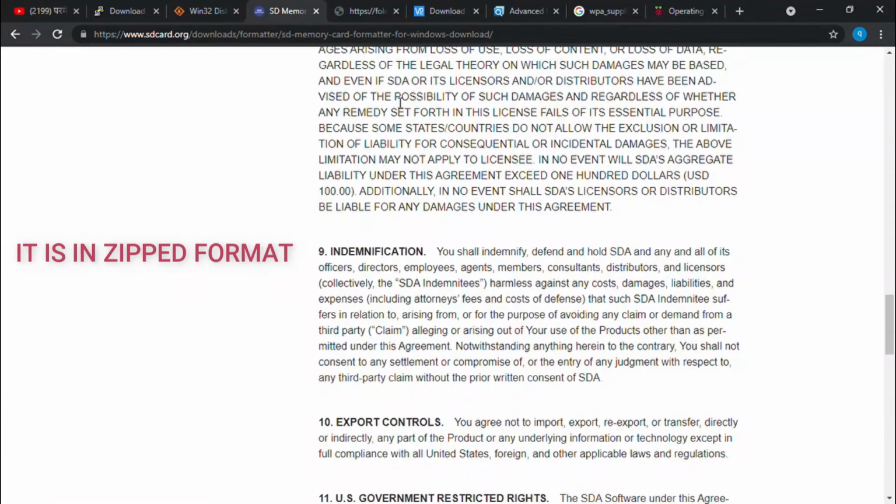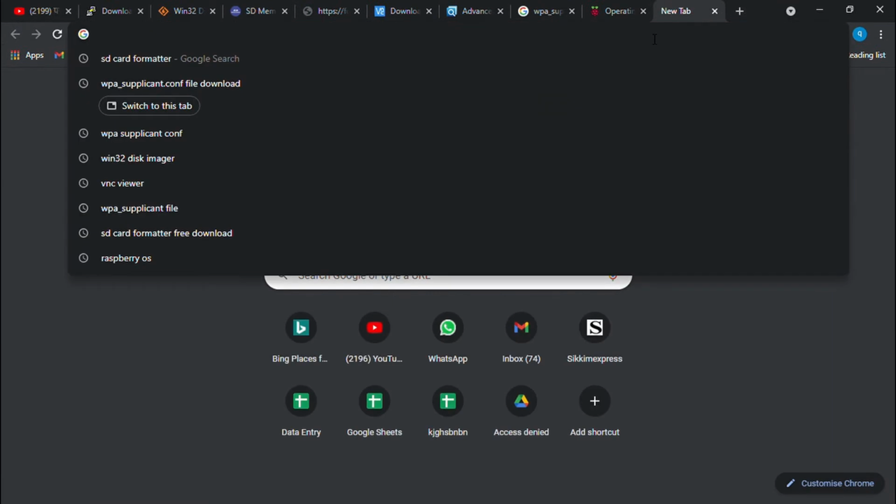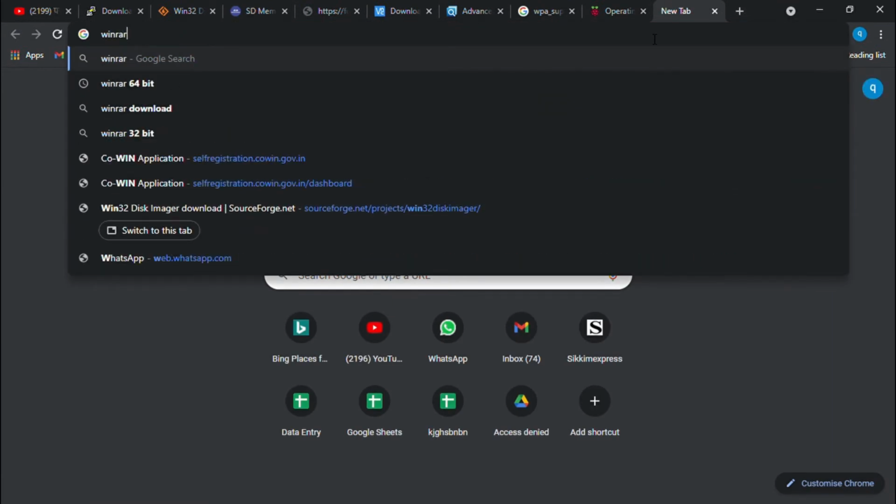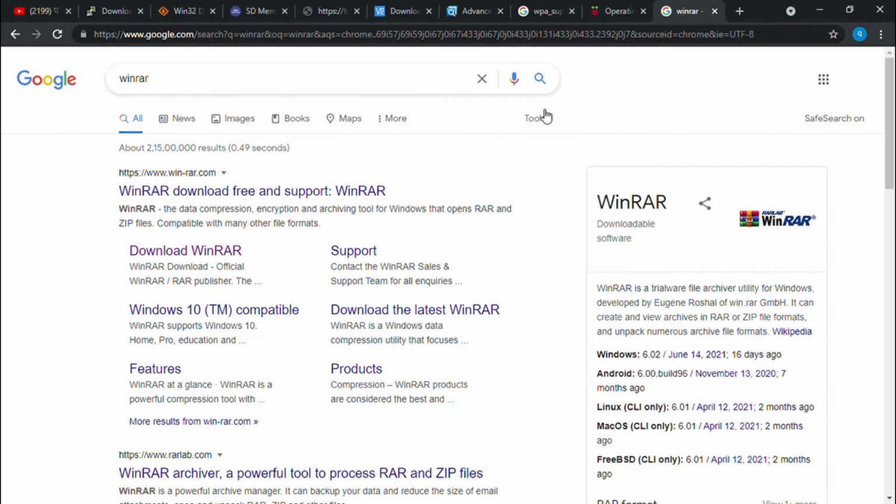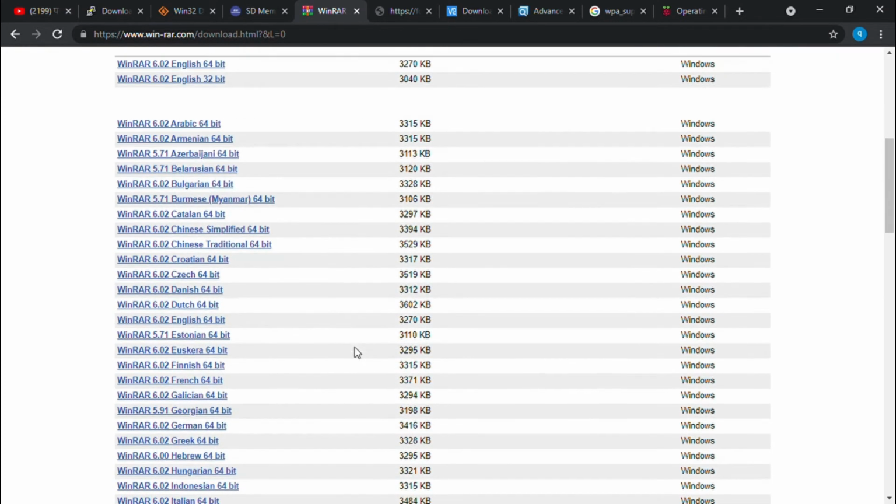After that, you need to install one more thing, that is WinRAR. The SD card formatter is in zip format, so you need to download WinRAR. There are lots of versions. You can use either this one or this one.